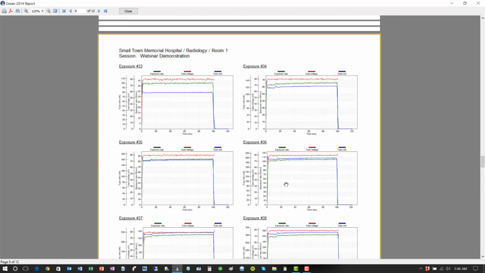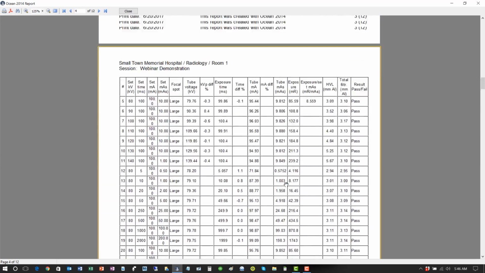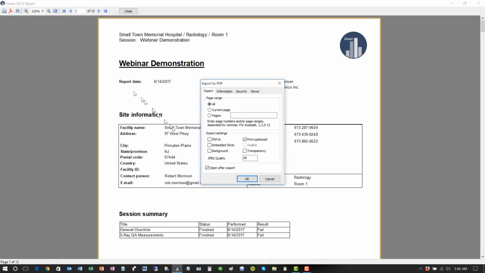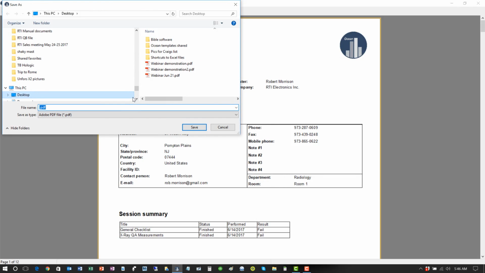From here, I can save it. I can print it out. If I want to save it, I can just select this PDF icon up here, select Save, go in, say OK, and then it's going to ask me where I want to put it. And I've already got it set up here. I can just say